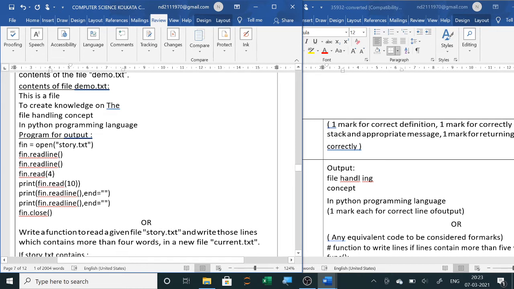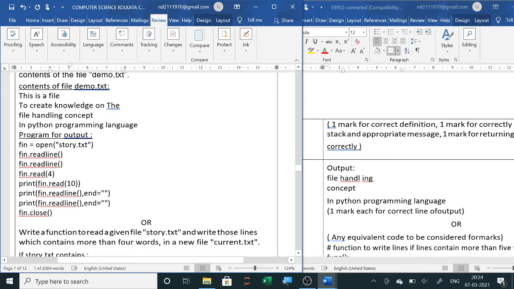Now the third line, 4 characters we will read. So 4 characters, FILE, we will read. After that, print from there till 10 characters. So after file, 10 characters means 1, 2, 3, 4, 5, 6, 7, 8, 9, 10. So here after this 4, 10 characters will be from handling.